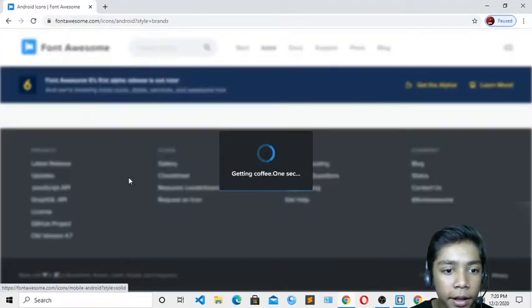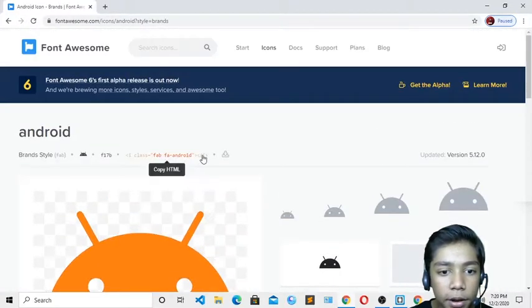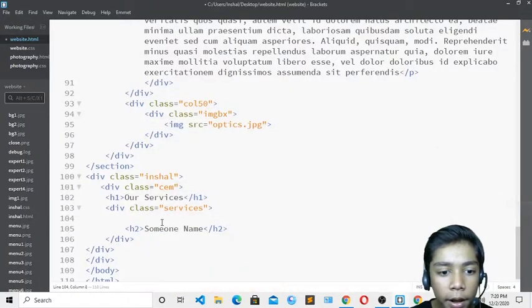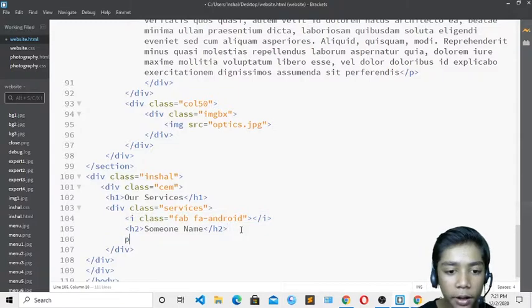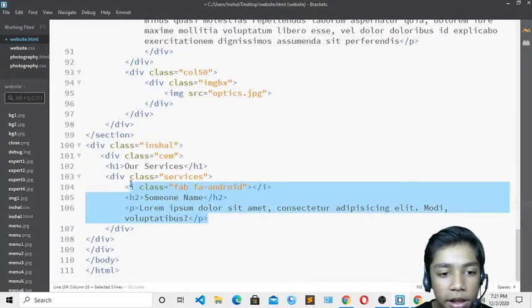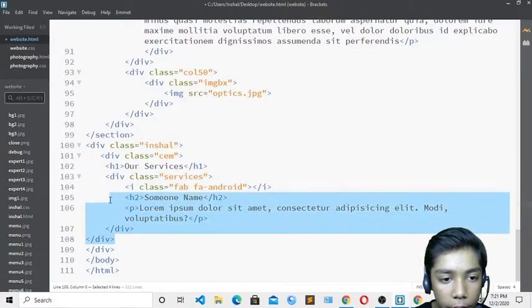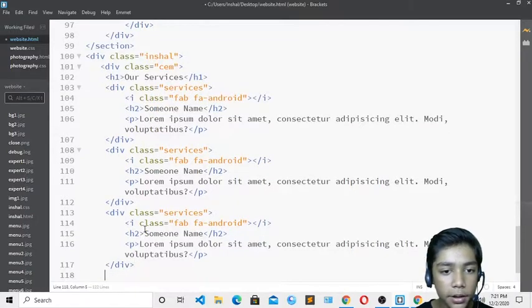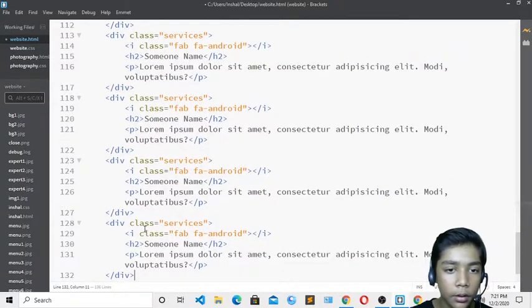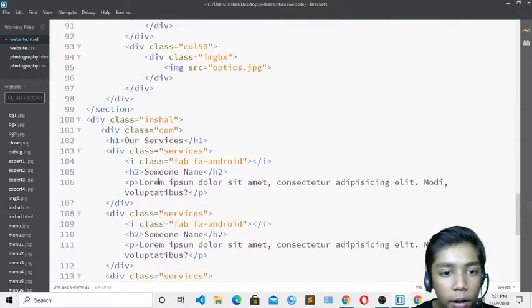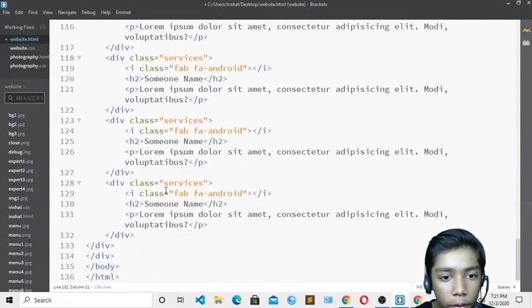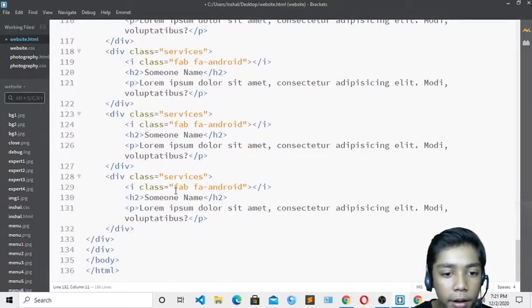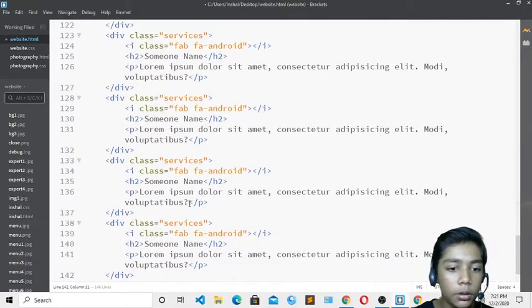I will press that, copy this link, and come over here and paste that. Now we have just pasted that. Come over here, write p, and write lorem, which should be 10, then tab, and now it is done. I will copy that, copy this from here again, and paste and paste again. We have pasted it 1, 2, 3, 4, 5, 6 times, then I will do 7 and 8. Okay, now it is done.